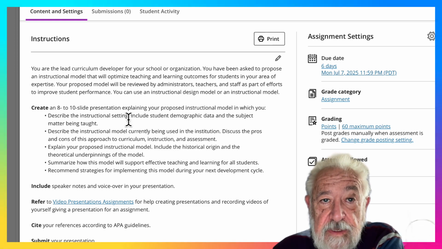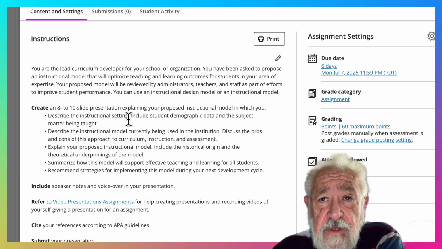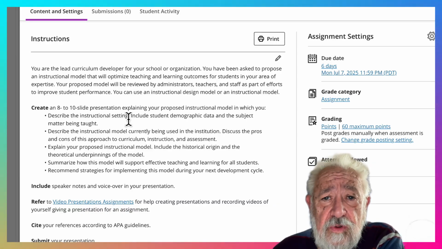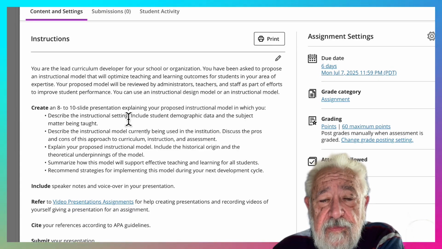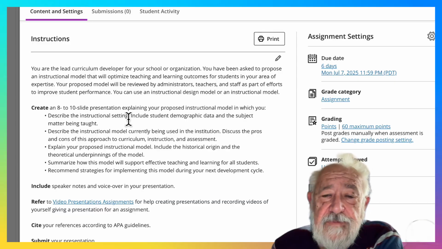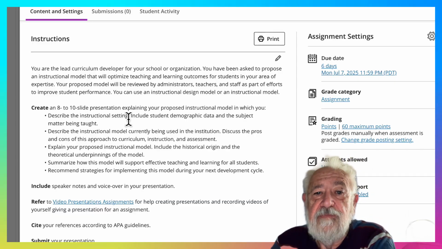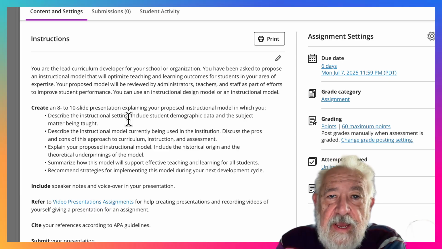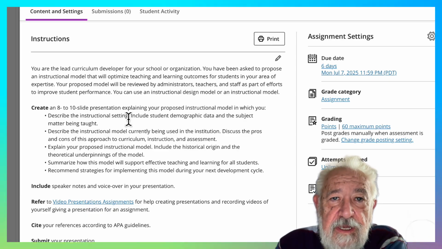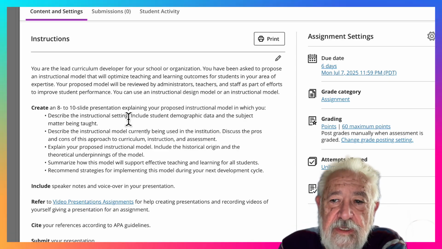is best. Like ID models are ADDIE models, ASSURE, and that sort of thing. When instructional models could be direct instruction, problem-based learning, a variety of approaches, models this could be used. Okay,